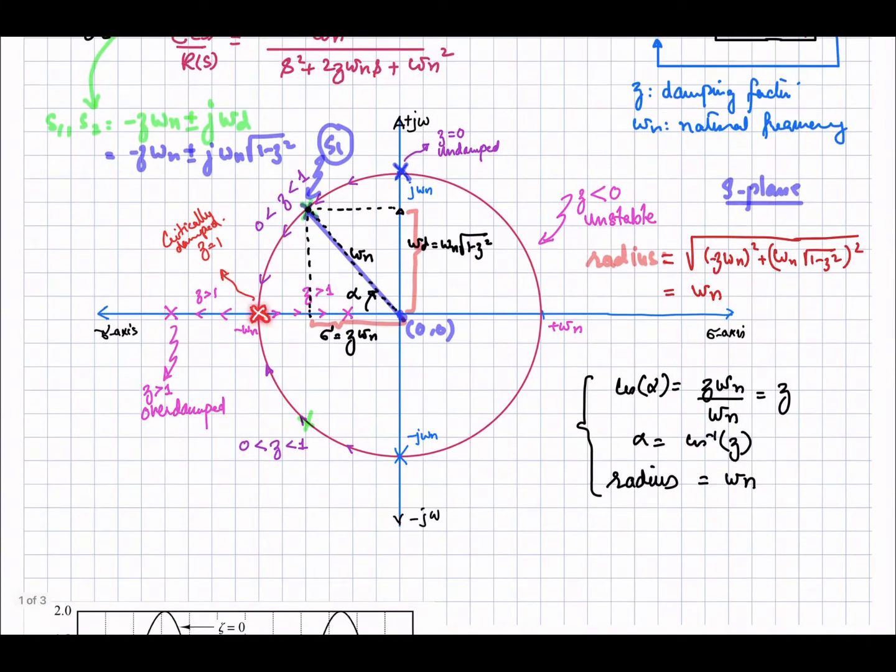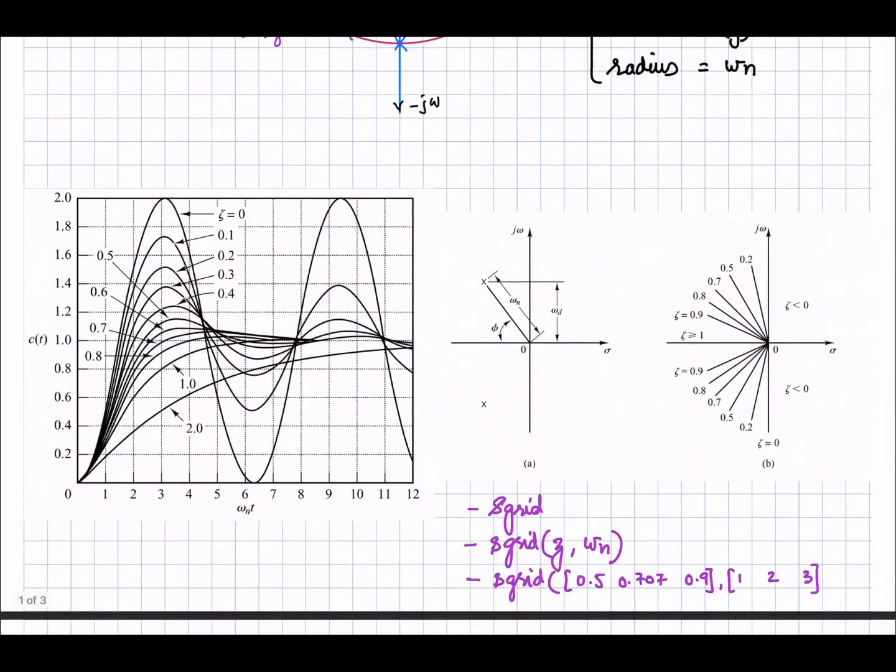When zeta is equal to 1, we are on the real axis, right? And when zeta is equal to 0, we are somewhere over here. Over here zeta is equal to 0. At this position, let's suppose zeta is equal to 0.9. Over here, let's suppose zeta is equal to 0.8. So as this angle alpha decreases, our zeta approaches 1, right? That is shown here by the different lines. When zeta is equal to 1, you are on the real axis. This is the line for zeta equal to 0.9.